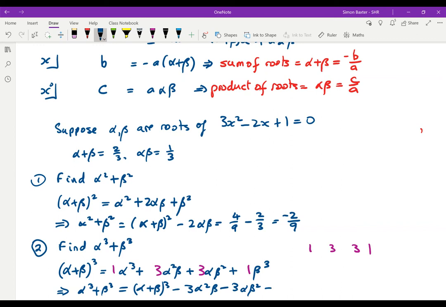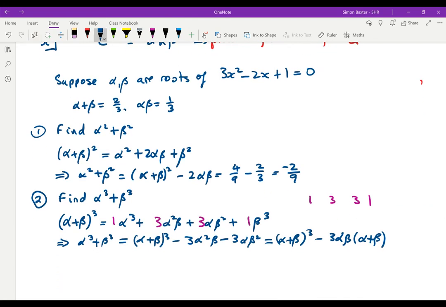I'm going to stay on this line because it allows me to look up at the top. I've got alpha plus beta cubed minus 3 alpha beta times alpha plus beta. Okay, what do we know? We know that alpha plus beta is 2/3. We know that alpha beta is 1/3. So putting those together, we get